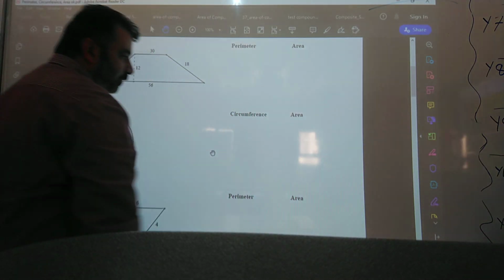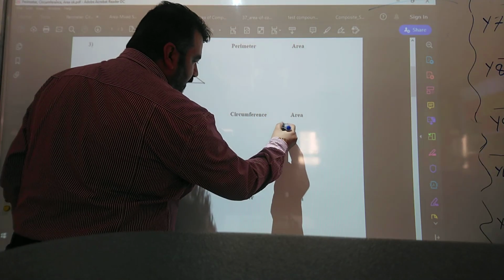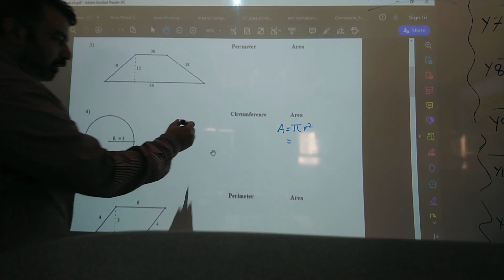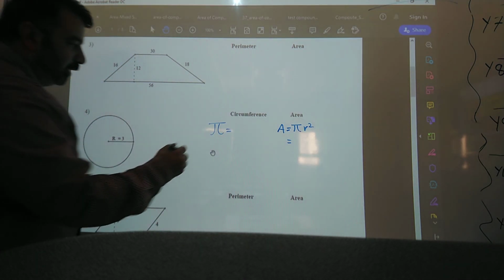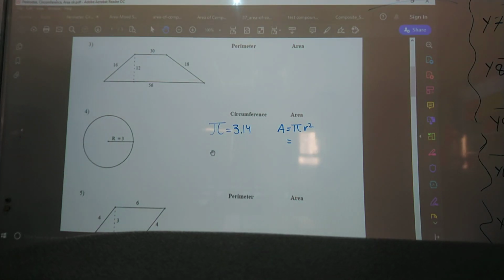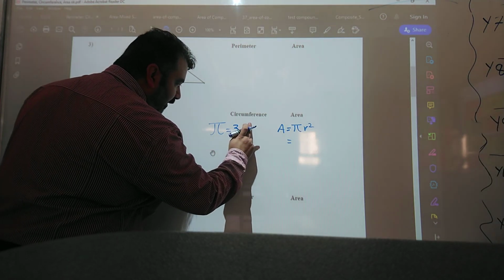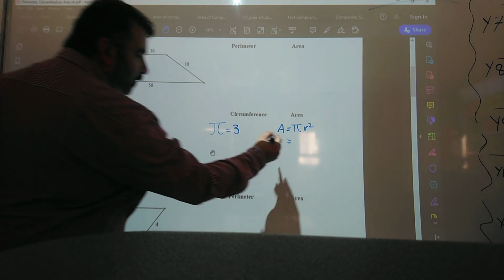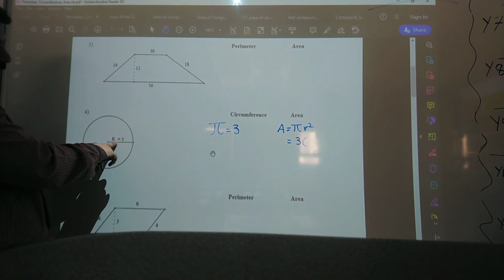So go back. Now, the area of the circle. How to find the area of the circle? Equal to pi r squared. Now pi is all the time 3.14. And because you are not allowed to use the calculator except 10 and 11, I will consider it as 3. Right? So I have 3 here times r, which is, in this case, 3